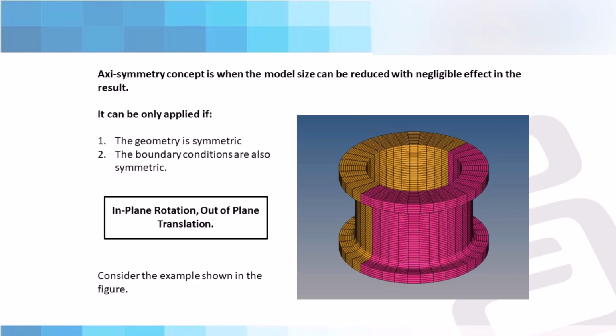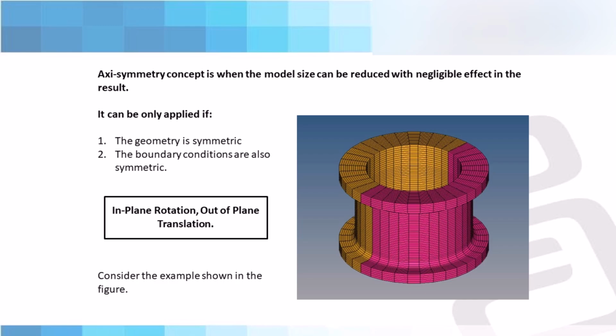For example, every component can be symmetric. That is, if you divide the component in two equal parts, one part will be a mirror image of the other part, that is called a linear symmetry. So if the component is symmetric, I don't have to solve the full model. If I solve only the half model, that is the half equal part, then I can get the same result as the full model. That is the meaning of the axisymmetric concept.